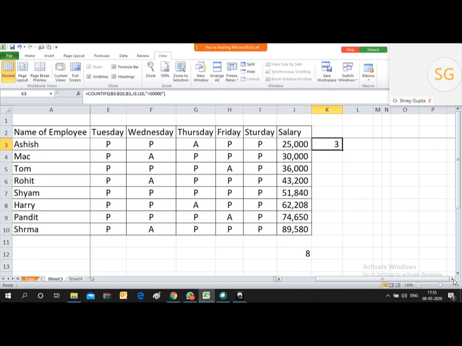So now the result is 3. It means 3 employees in India are getting salary in excess of 50,000. Similarly, you can also find how many people abroad are getting salary lower than 50,000. Just type the formula, countifs,